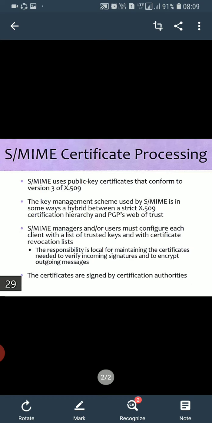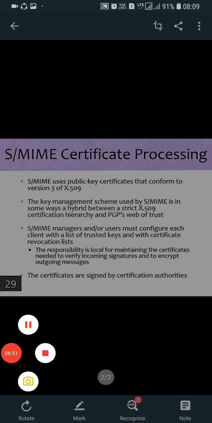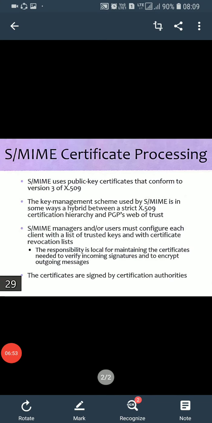I'll just revise what is SMIME. It is a standard for public key encryption. SMIME is on an IETF standard track and defined in a number of documents like RFC 3369, 3370, 3851, 3850. It was originally developed by RSA Data Security, and the original specification used the IETF MIME specification.